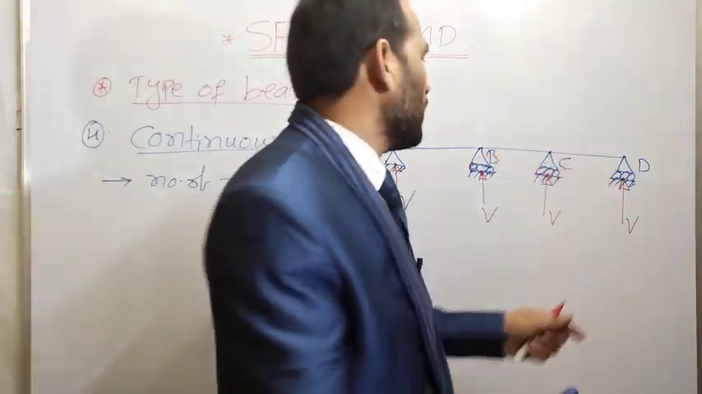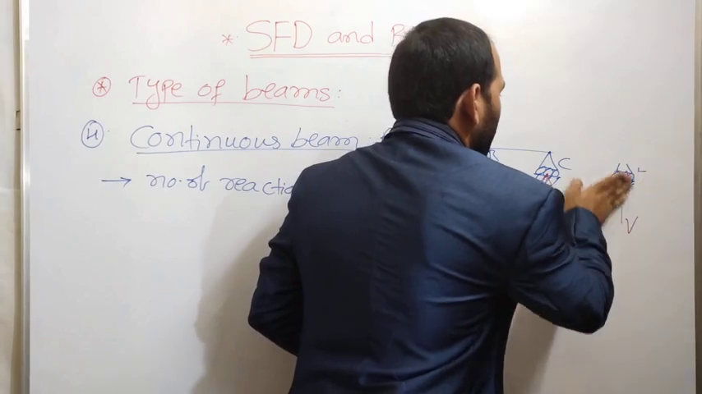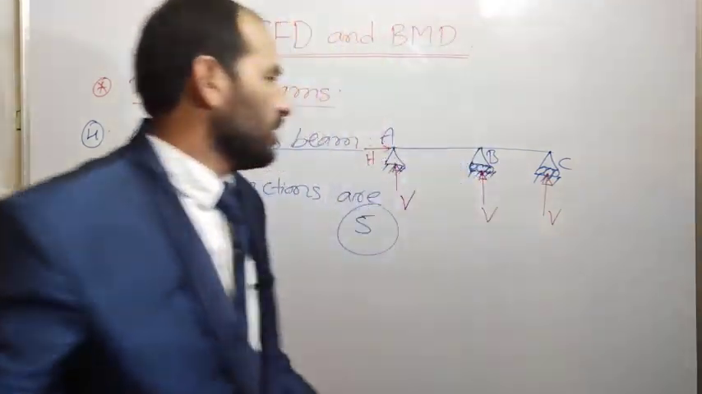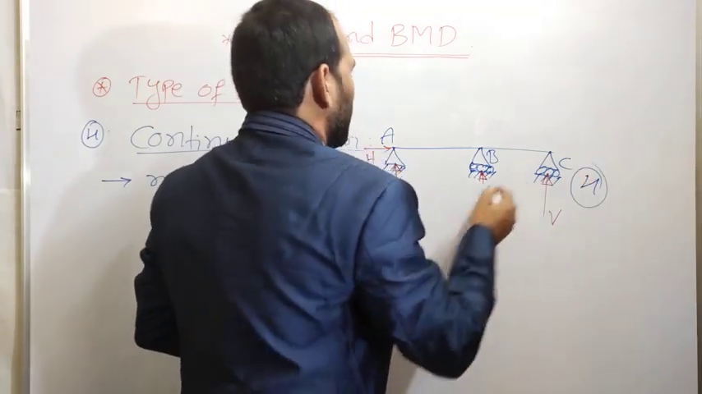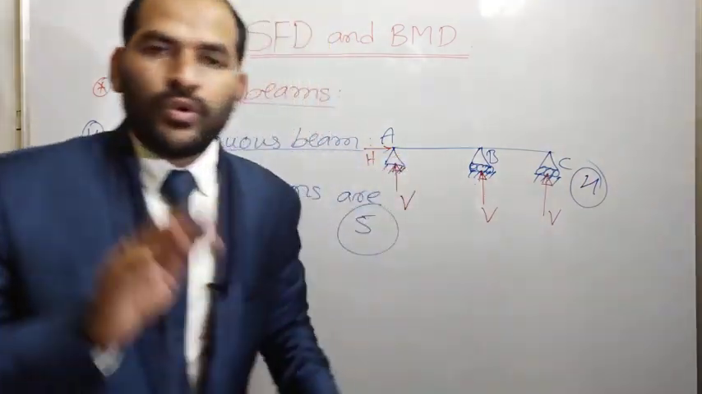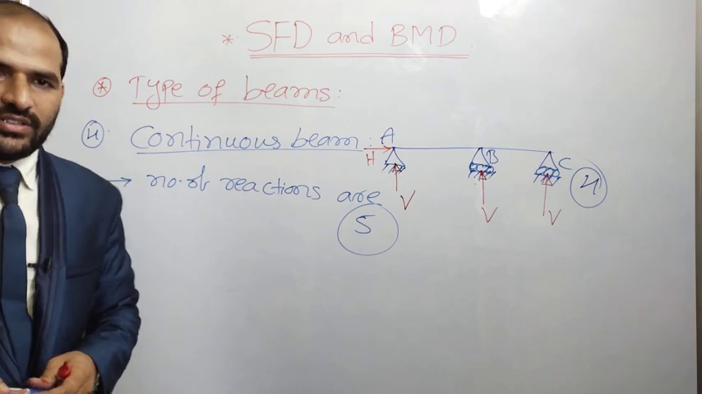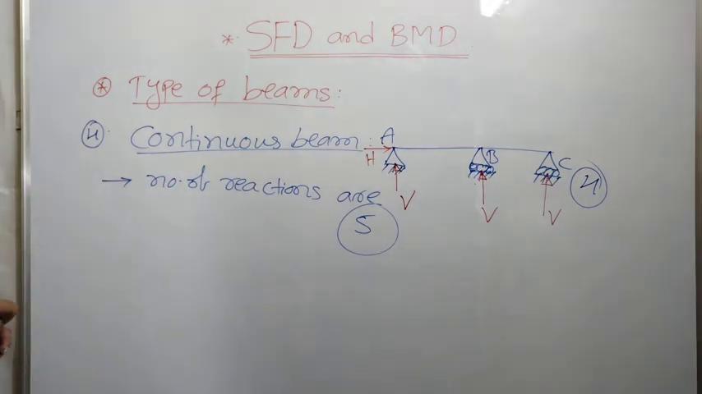If it is a continuous beam with only 3 supports, the number of reactions developed is 4, because here 1 and here 2. 4 reactions. Clear? Next type of beam is